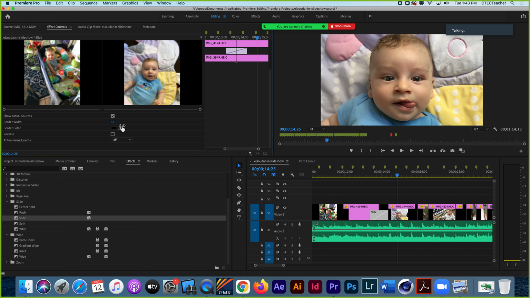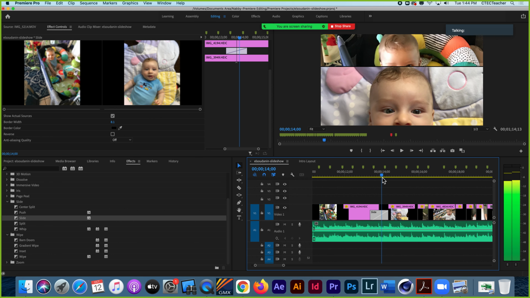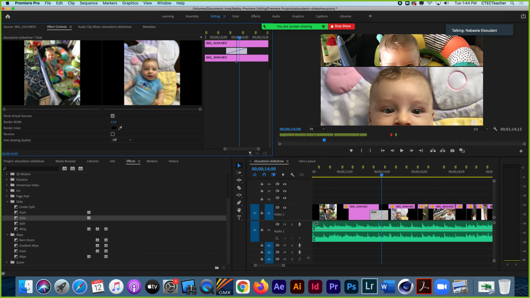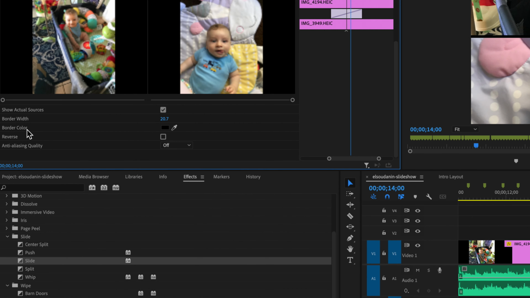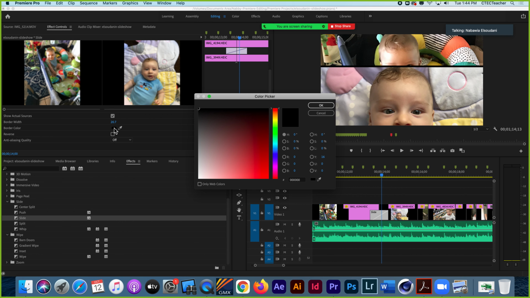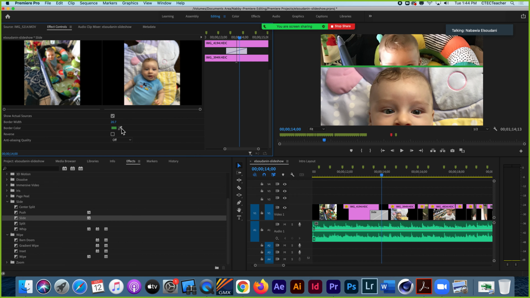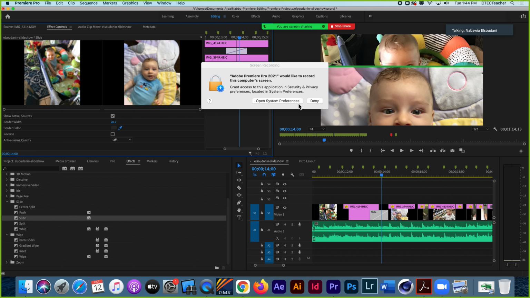Let's see. See, now I have a border line. I can increase the width of it to make it look more like some graphic design. I could change the border color. You can click on the little color swatch and choose my own color from the slider here and move the circle around to choose the value of that color. Or I could take my eyedropper and